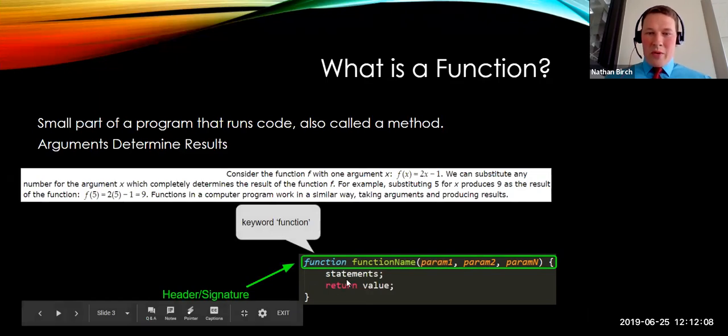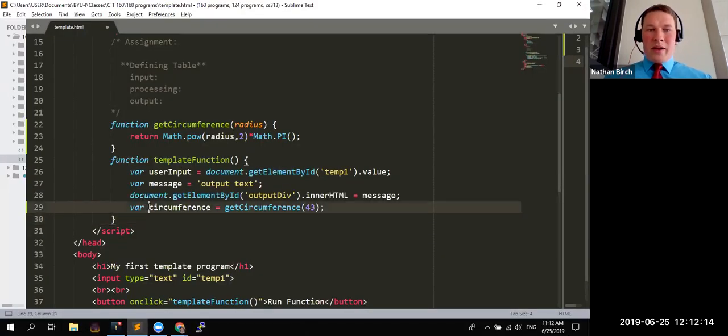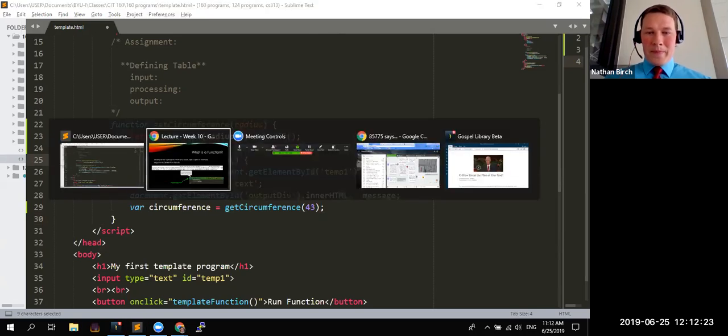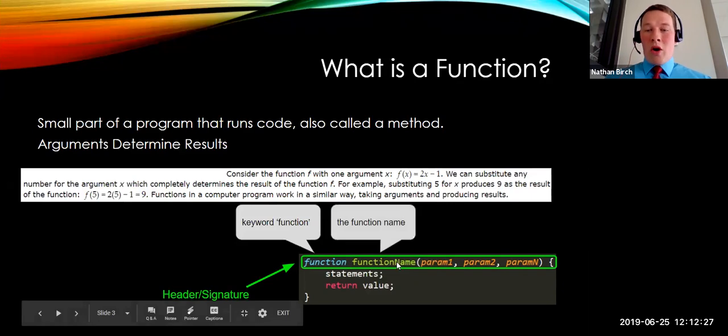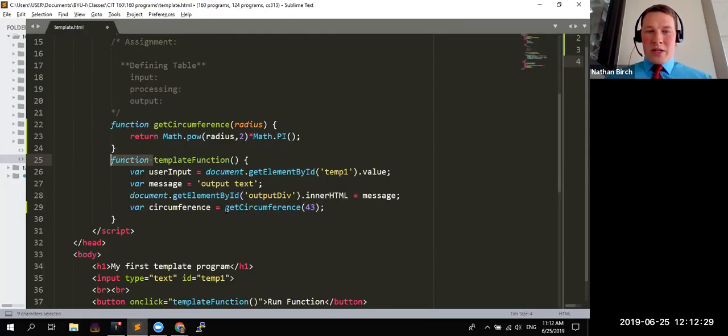Again, like I said, we have our function keyword right here, which is required anytime you want to declare a function. If I look back at my code right here, you can see I declared just a variable circumference with the var keyword. And anytime I want to declare a function, I have to use the function keyword. Okay. We also have the function name, which is how we will call the function. Okay, so notice I have my get circumference header right here. And when I call get circumference, all I have to do is just say get circumference with my opening and